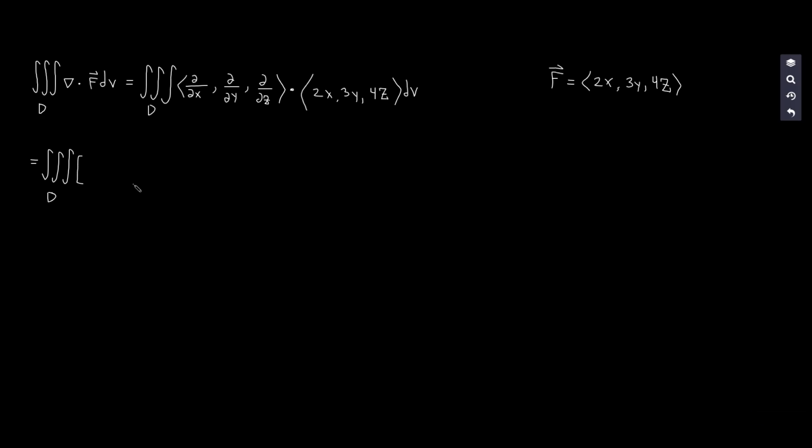To take the dot product, we multiply the components together and then add them. So we do the partial derivative with respect to x and line that up with 2x, plus the partial derivative with respect to y lined up with 3y, plus the partial derivative with respect to z lined up with